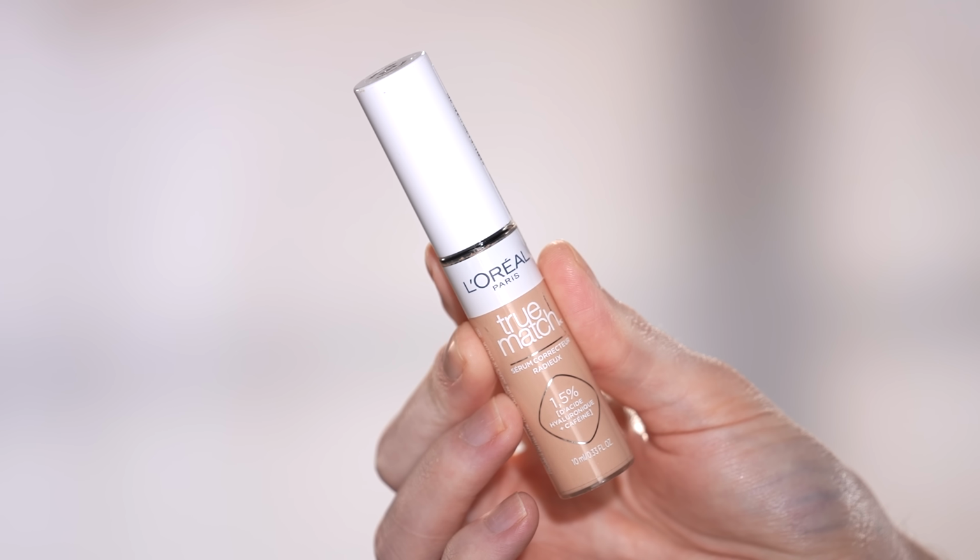Next up, I'm using the L'Oreal True Match Concealer to brighten and conceal around the eyes, really taking my time applying and blending this in, which may take a minute or so to do, but gives me the perfect